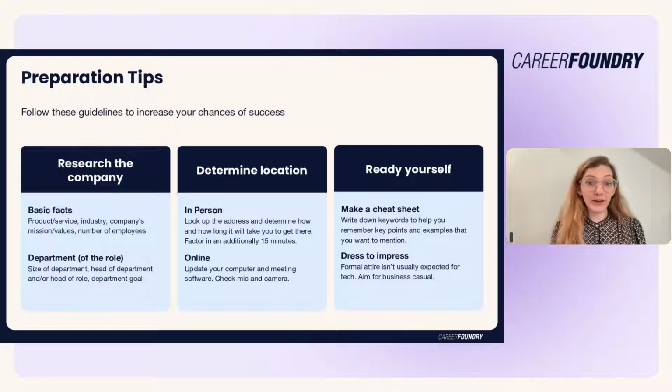Also, dress to impress. If you're going for a tech job, this isn't necessarily extremely formal attire where you have a suit and tie, but you should look very presentable. You should have some type of nice shirt or a nice blouse. So keep in mind what you're going for and what the standard dress code is for that. I always tell people it's good to aim for business casual, but if it's something within a certain sector, maybe you're doing